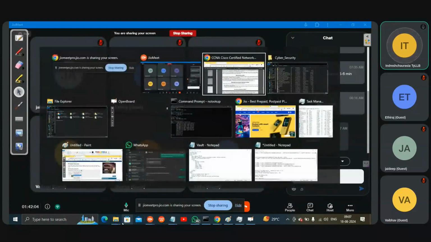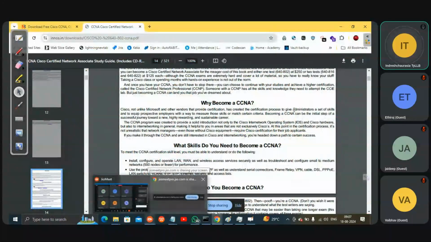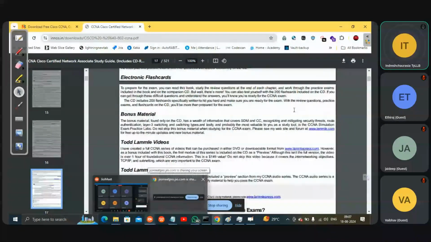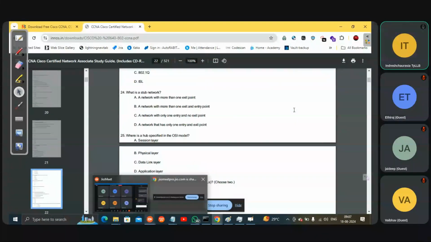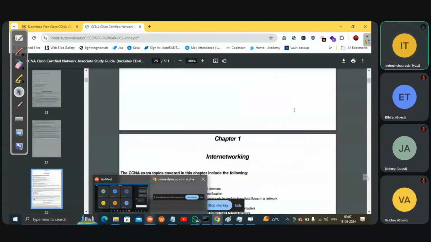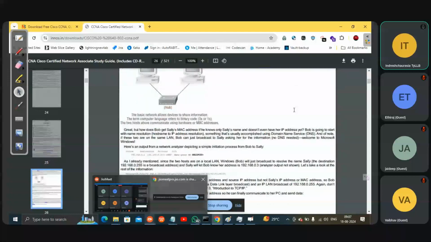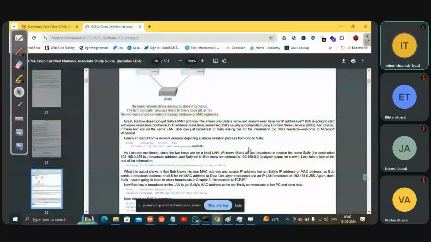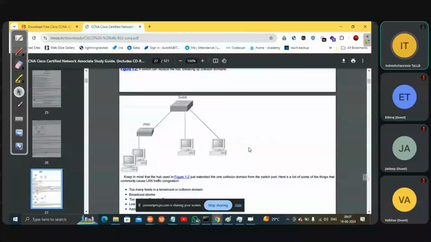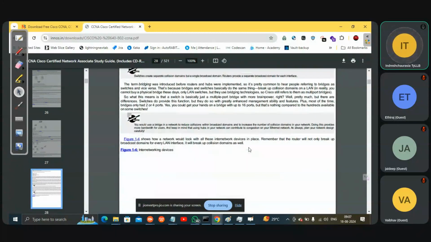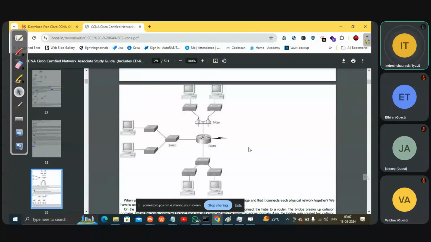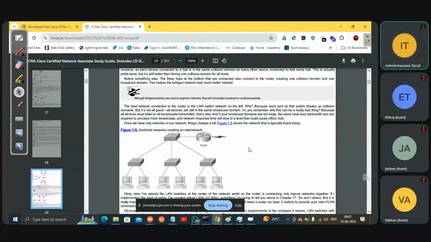Yeah, so this is a book. Can you see this book? I'm going to share it with you. All the networking stuff which we have studied today is there. Up to the two classes which we have taken, everything is there in this particular book. Just go through the book, make your notes, make your questions, and then ask in the class.